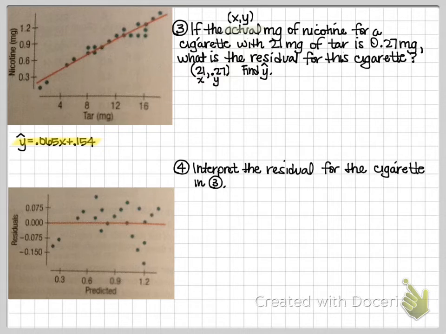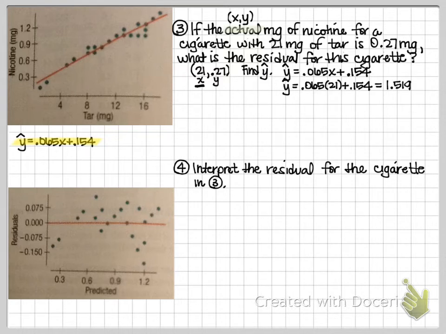Well, that's why I copied my equation over. So what I'm going to do is take my y hat equation, and everywhere I see an x, I'm going to plug in my 21 here, since I know that's what my x value is. So I'm going to copy my equation over and plug my 21 in. Okay, so I've got my equation set up now, and my x value being 21, everywhere I see an x in the equation, I'm going to plug in a 21, and then I'm going to grab my calculator and see what this gives me. And it looks like my y hat, or the predicted y, is going to be